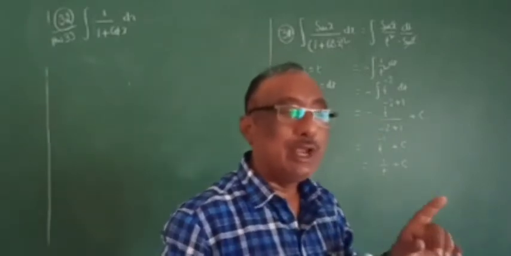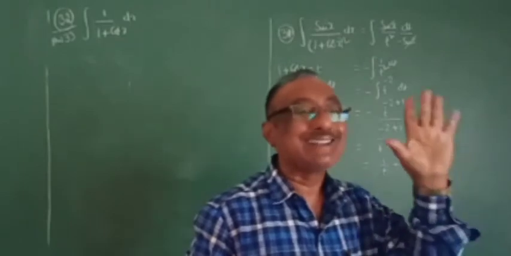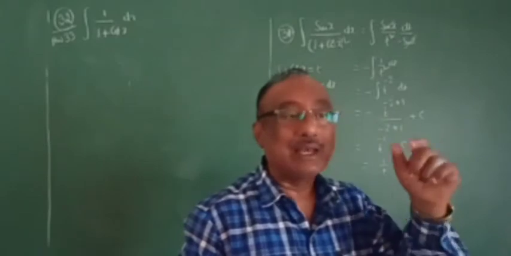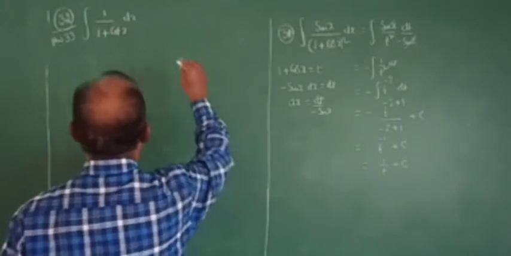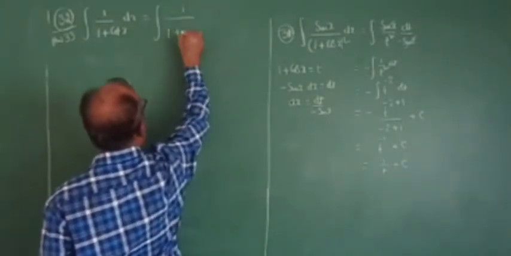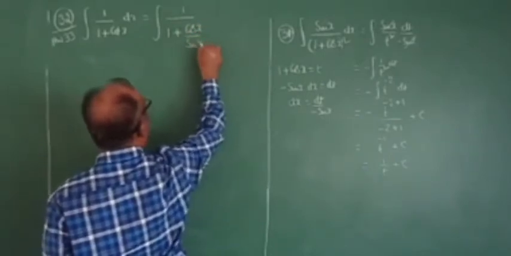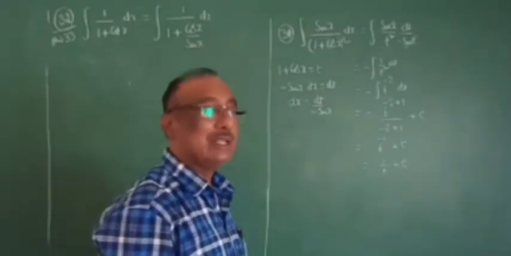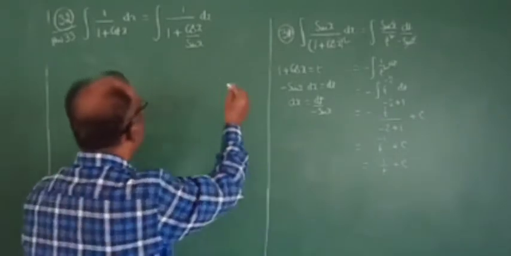If there is no derivative, immediately you should write it in terms of cos and sine. In terms of cos and sine, first write down, and it is automatically converted. Therefore cot x means cos x by sine x. 1 plus cot x means 1 plus cos x by sine x into dx. Okay, I will take the LCM.